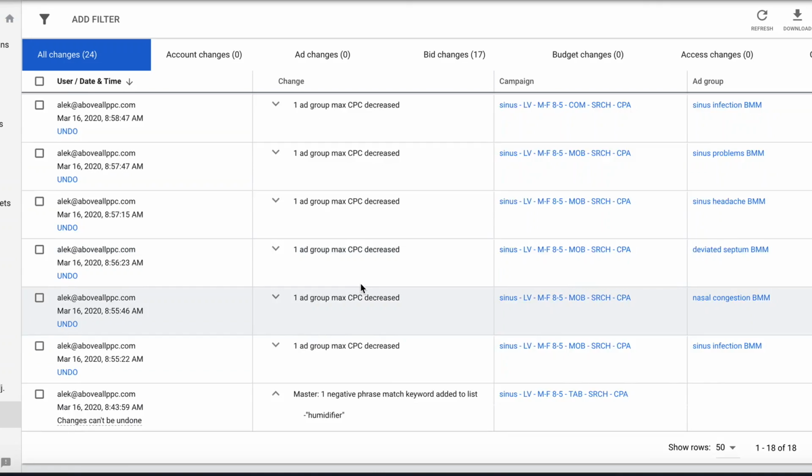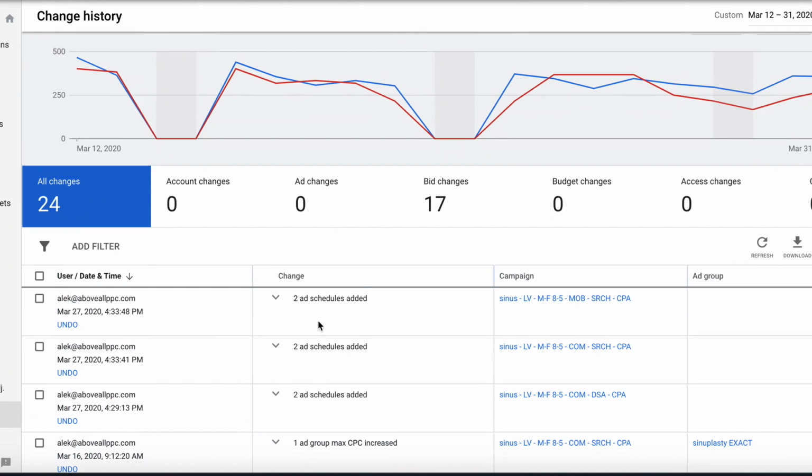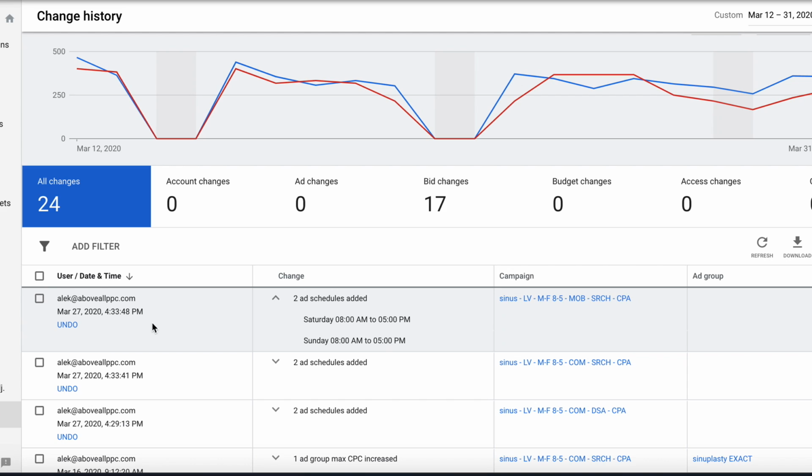Or let's say we added an ad schedule and changed that. Well, we can undo that if we want to. So you can't always undo, but you can always come back to your change history and try and identify what has changed, what has been added or excluded with the campaign that has created such a drop in your campaign